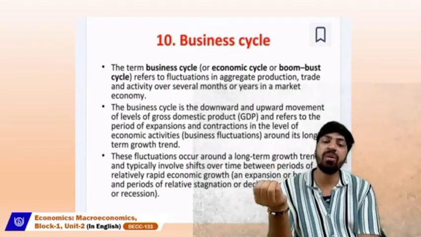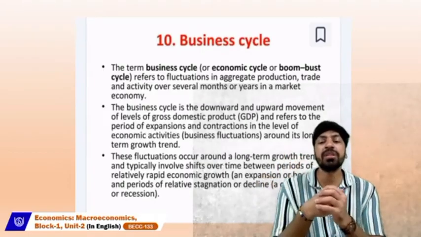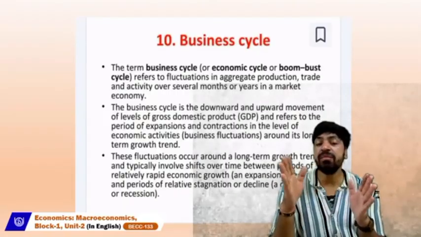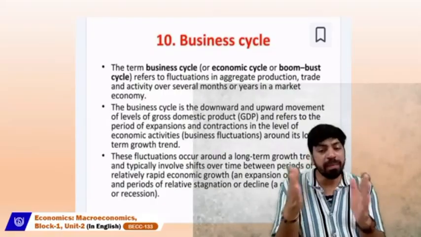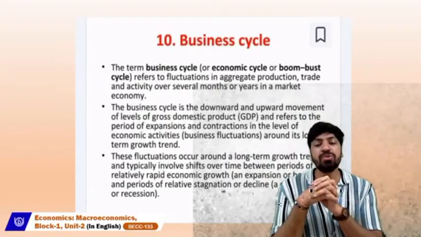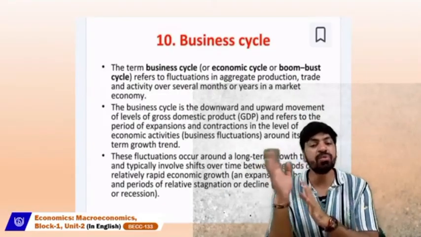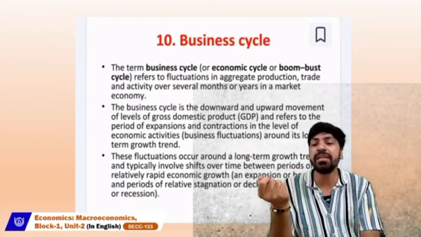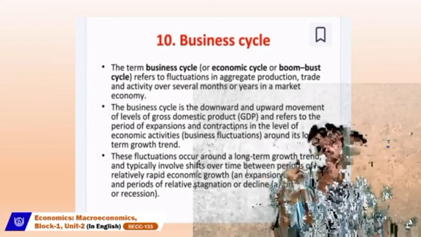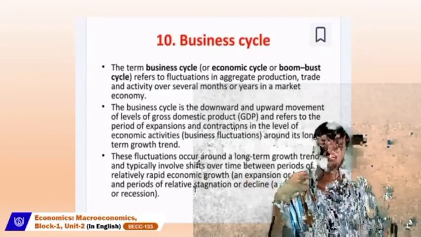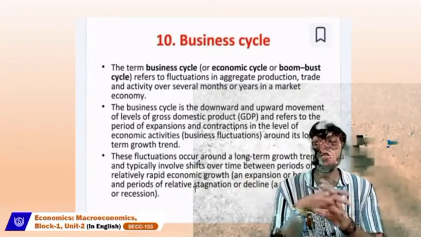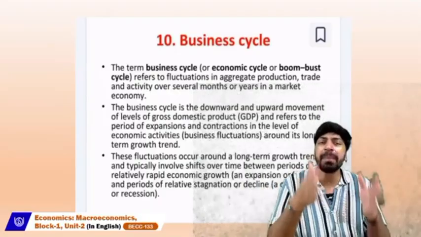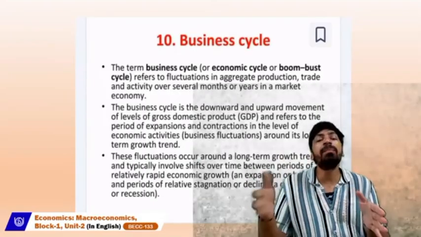That's ultimately called the expansion and contraction business cycle. For long periods of business fluctuations, there is a tool in statistical analysis called long-term growth trend analysis. These fluctuations occur around a long-term growth trend,